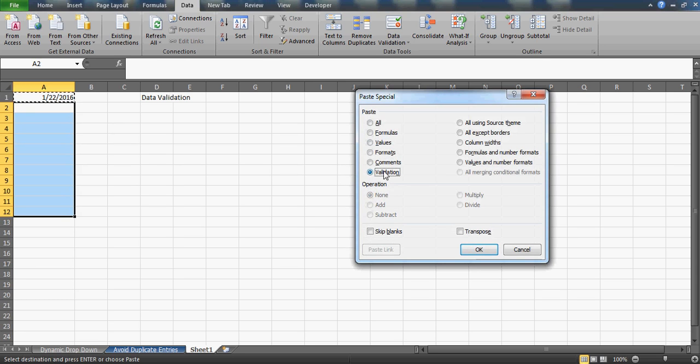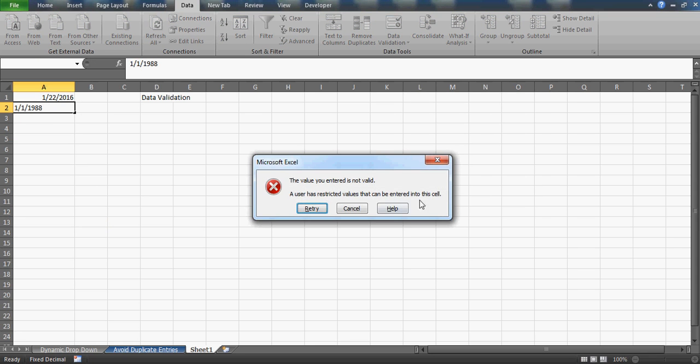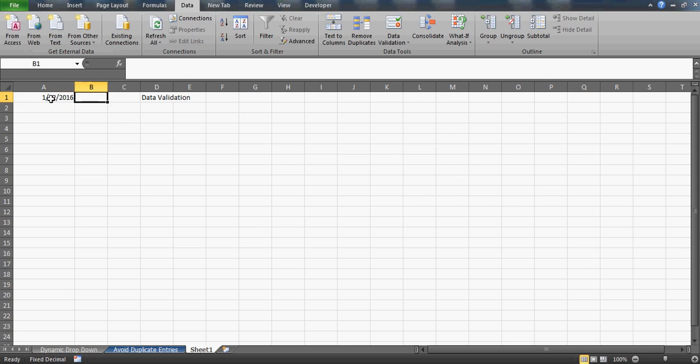So that's how you can put a constraint, and you can copy this and paste it wherever you have this table. Just go to Paste Special and Validation. In case you don't know how this option came, you can press Alt ES, right? Now if I write some date here, let's say 1988, I will not be able to add that, right?